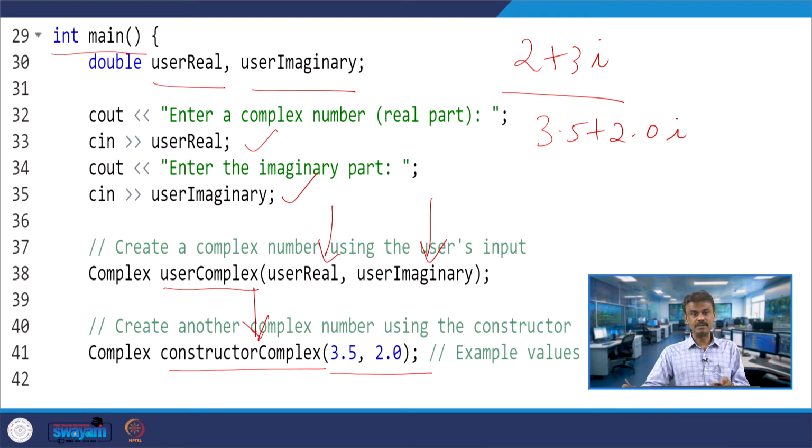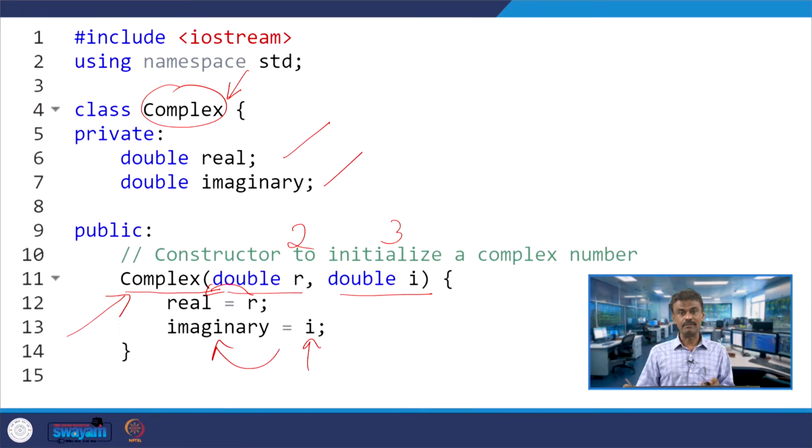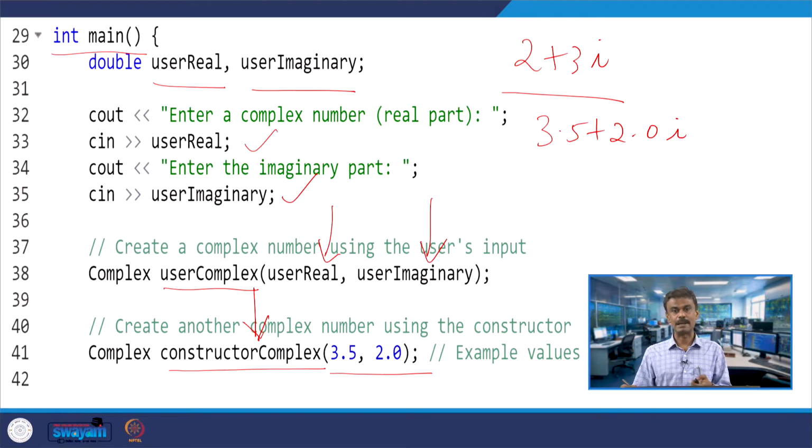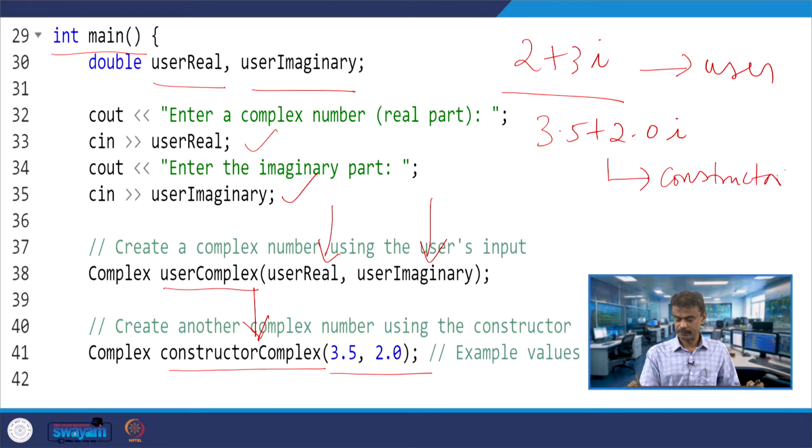Under this object, constructor complex, your real will be whatever number you have passed and imaginary will be whatever number you have passed. I passed 3.5 and 2.0. So this one is by the user and this one is by the constructor.